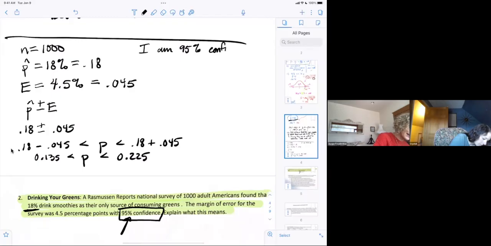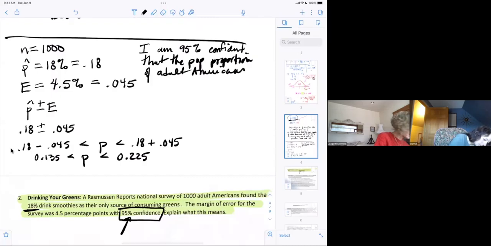I'm 95% confident that the population proportion of adult Americans who drink a smoothie as their only source of greens